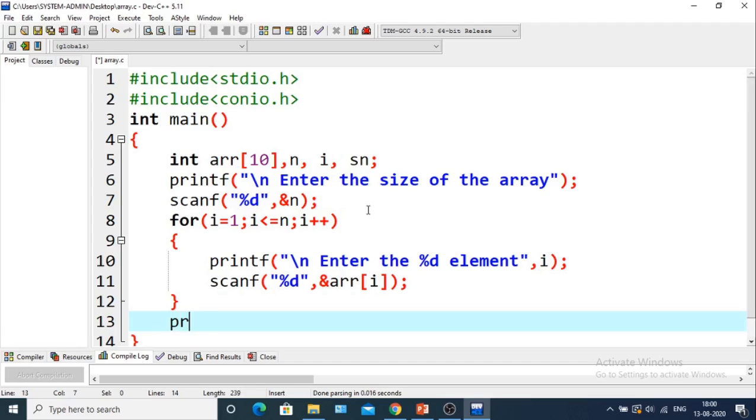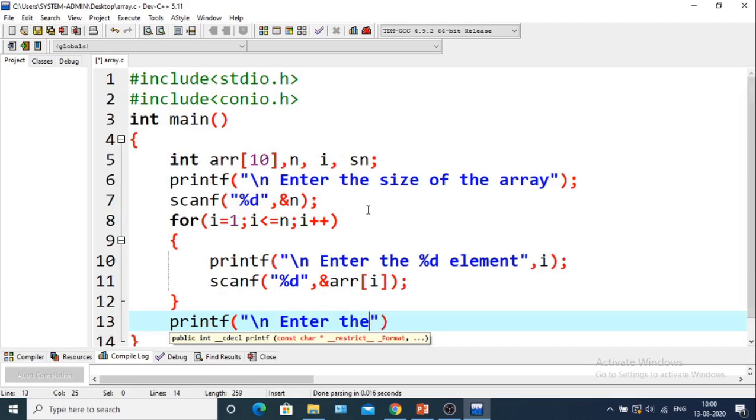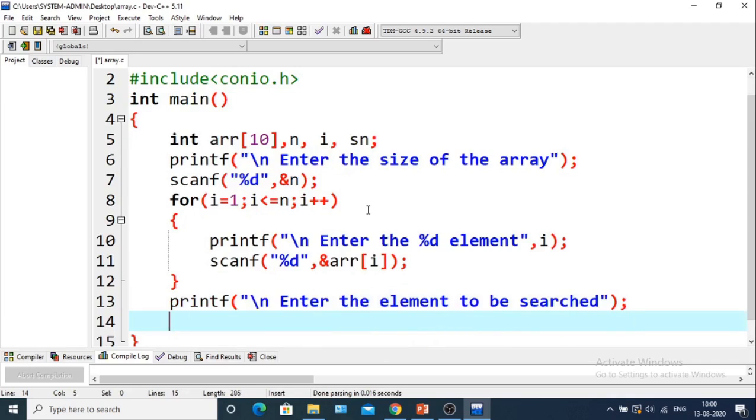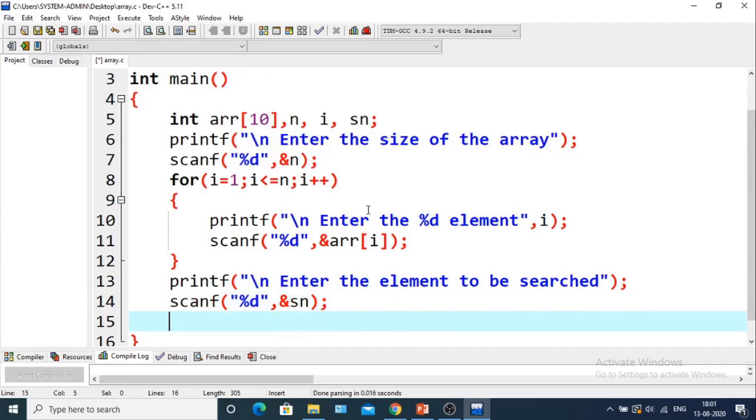So printf slash n, enter the element to be searched. Then scanf double quotation percent d comma ampersand sn. So the value of sn has been taken. Sn is basically the element to be searched.